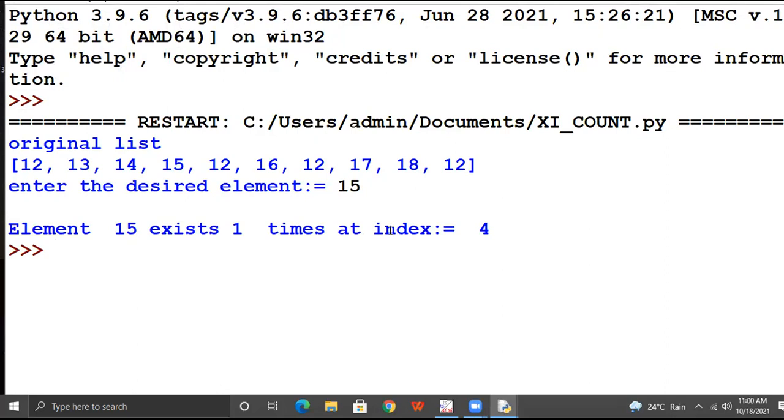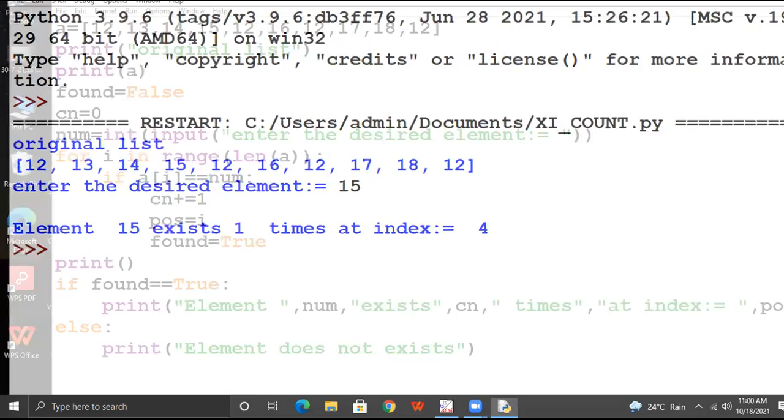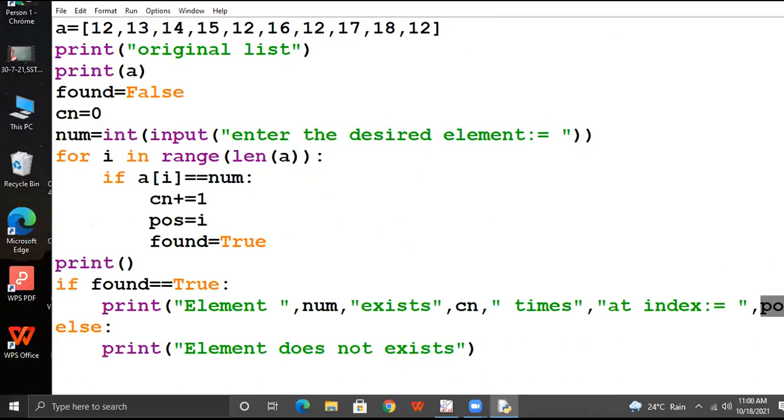So naturally, when I increment the position variable here, it will give the exact index, exact position. Sir, what is 3? 3 means 4. What is 1? 0.